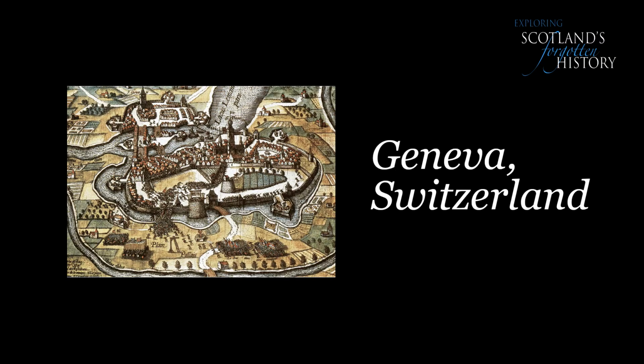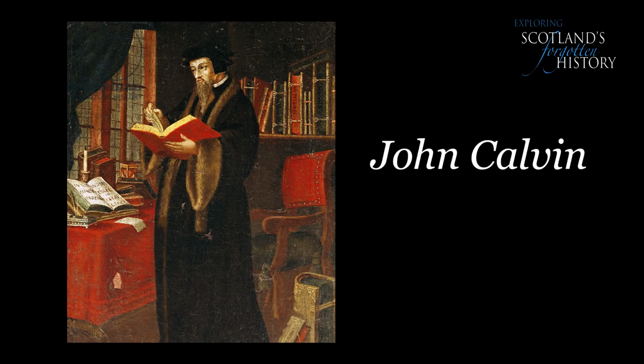Eventually, after a little while over there, he makes his way to Geneva, a place where many Protestant refugees are going. He goes there, he meets John Calvin, and his time there is a real time of maturity for John Knox, and God is preparing him for what lies ahead of him in Scotland. He's there till 1556, when he's first asked to come back to Scotland and see what's happening. And that's where we're going to pick up in the next video, Knox's return